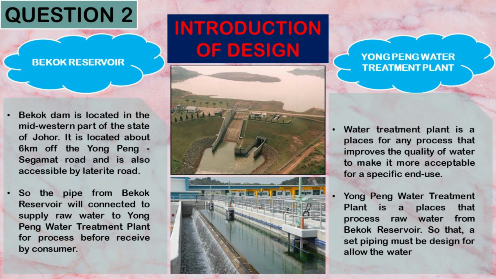Introduction of design. They are given two places: Beckett Reservoir and Yongping Water Treatment Plant. First, Beckett Reservoir or Beckett Dam is located in the mid-western part of the state of Johor. It is located about 6 km off the Yongping-Segamat Road and is also accessible by electric roads, so the pipe from Beckett Reservoir will connect to supply raw water to the Yongping water treatment plant for processing before being received